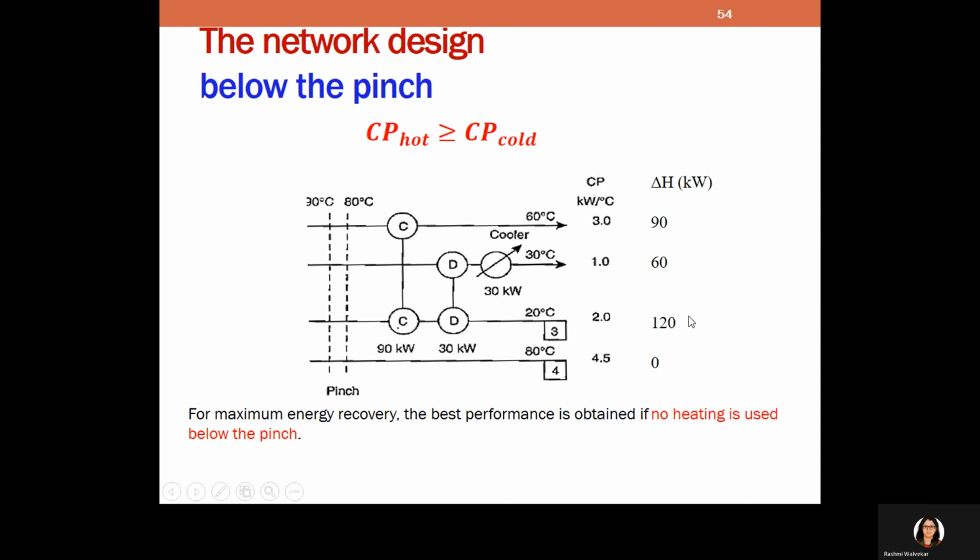So exchange the heat between these two. The maximum you can exchange is only 90. So between stream 1 and stream 3, draw the heat exchanger, write 90 kilowatt. This stream still has 30 kilowatt. Exchange the heat between one hot stream and one cold stream. The maximum it can exchange is only 30. So draw another heat exchanger here, 30 kilowatt. This stream is still left with 30 kilowatt now, and this is a hot stream. A hot stream has to be cooled down, so we use a cooler of 30 kilowatt. Then done. All the energy exchange has been done.